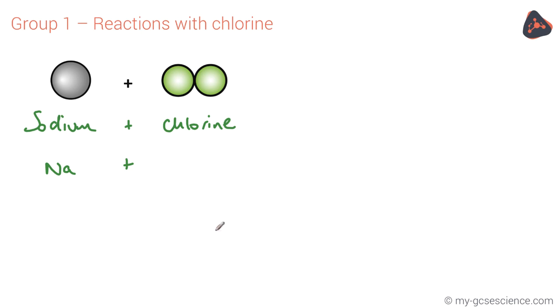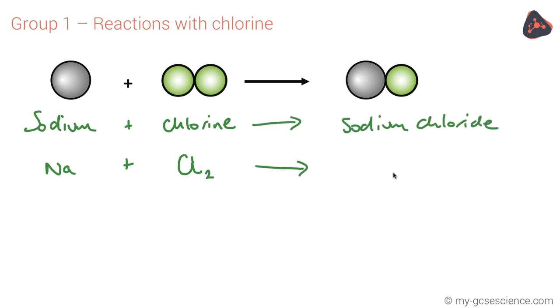Like oxygen, chlorine is also a molecule that contains 2 atoms joined together, so we write it as Cl, the symbol for chlorine, and a little 2 to show that each molecule contains 2 atoms of chlorine joined together. When they react, they form a metal chloride, and in this case, it's sodium chloride. As sodium is in group 1, it forms a +1 ion, and because chlorine is in group 7, it forms a 1- ion. So the formula for sodium chloride is